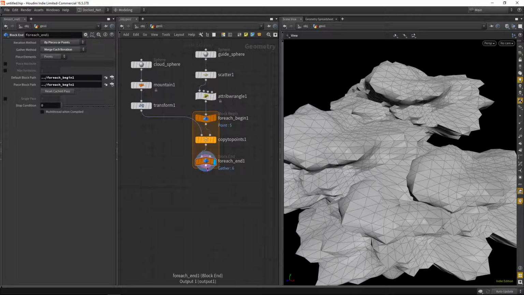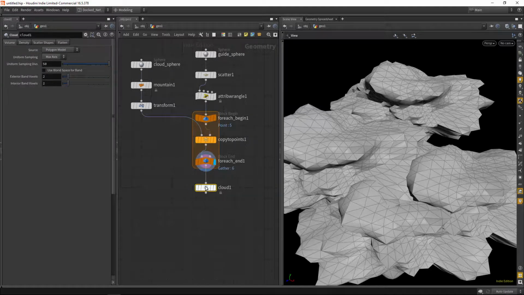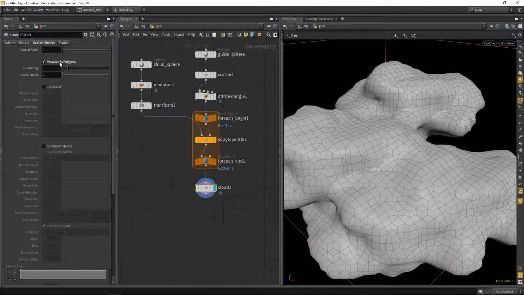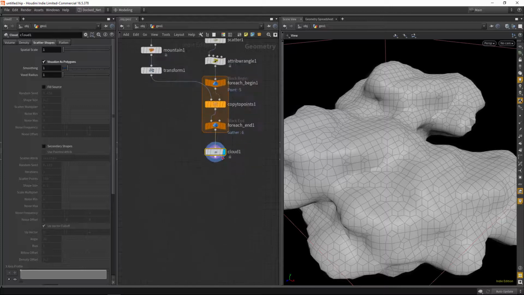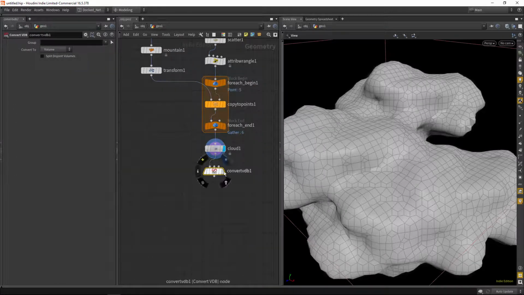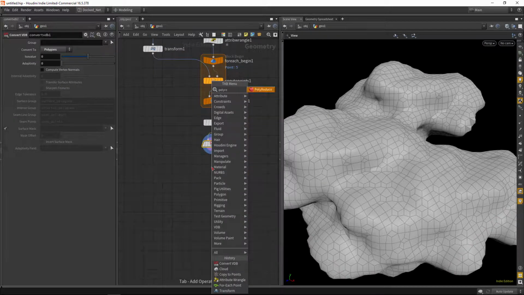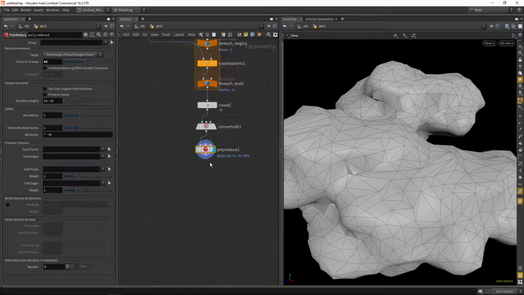and let's create a cloud node out of the loop and go to scatter shapes and click on visualize as polygons, and we'll mess with these settings a little bit later. So we got the cloud. Let's convert it from the VDB. So convert VDB, and we'll convert it from volume back to polygons, and let's pump this into a polyreduce, and let's just reduce it a little bit for now, and